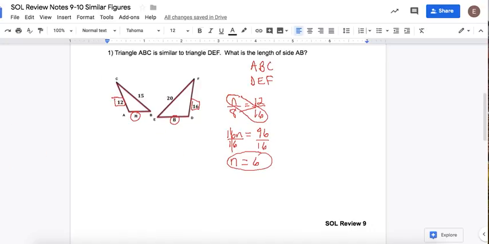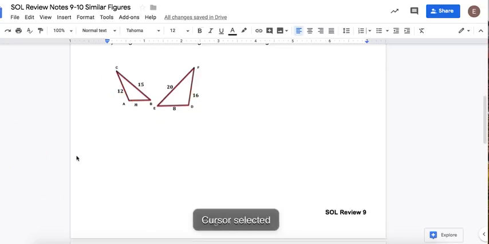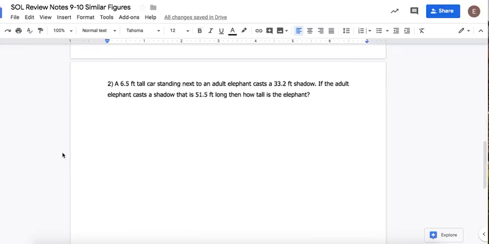Okay, let's move on to example number 2. A 6-foot tall car standing next to an adult elephant casts a 33 and 2/10 foot shadow. If the adult elephant casts a shadow that is 51.5 feet long, then how tall is the elephant? Okay, so